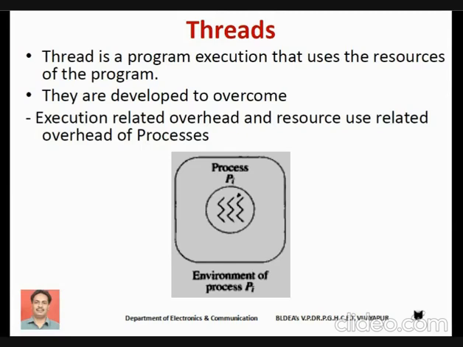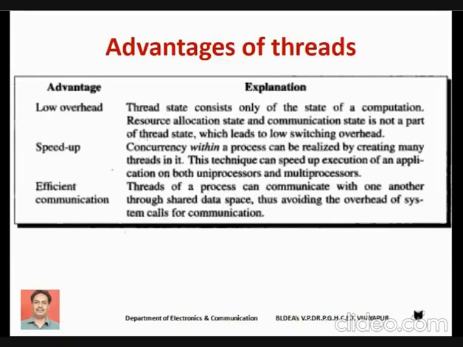So we have seen what a thread is, right? A thread is a unit of concurrency. Now the question is, what are the advantages of threads? The first advantage of threads is low switching overhead, because the threads within the process can make use of all the resources of that process without any problem, without any consent. All the threads within the process are able to make use of all the resources allocated to that particular process. That's why we say that there will be low switching overhead.